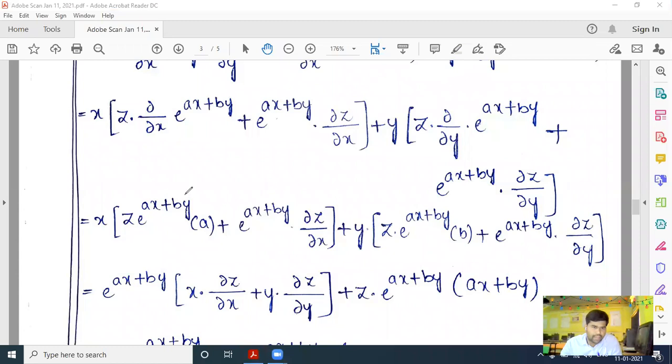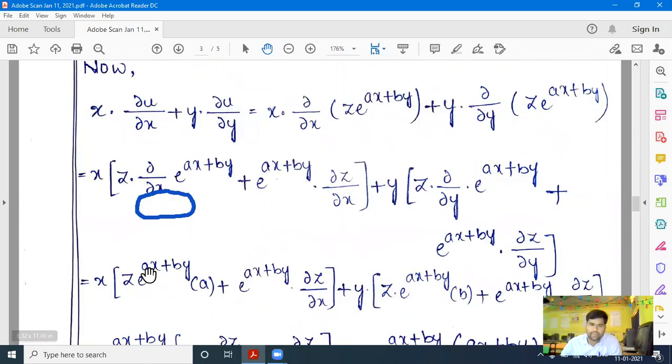Okay, this one too we are partially differentiating, for ax plus by plus c. So for ax plus by, differentiation with respect to x is what? ax means a into dou x by dou x, so that is 1. So 1 into a is a. Plus by, differentiation with respect to x, so that is 0.